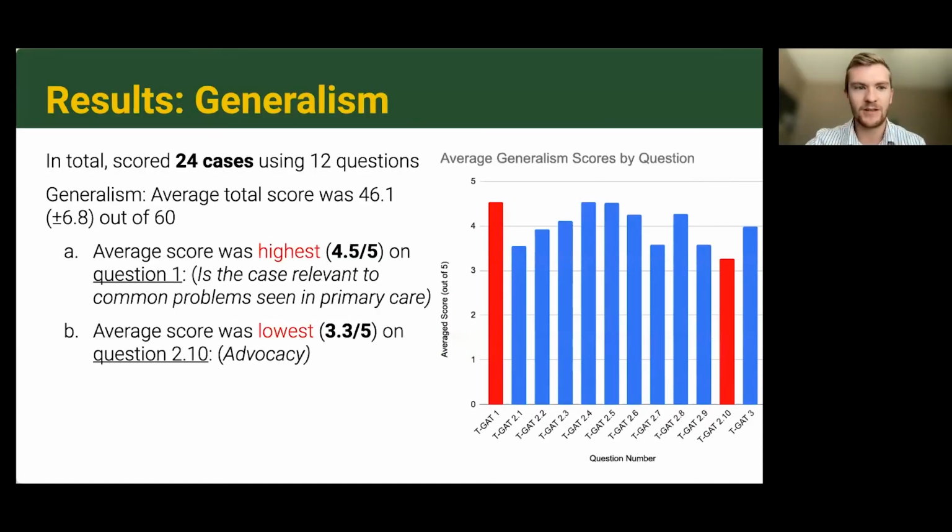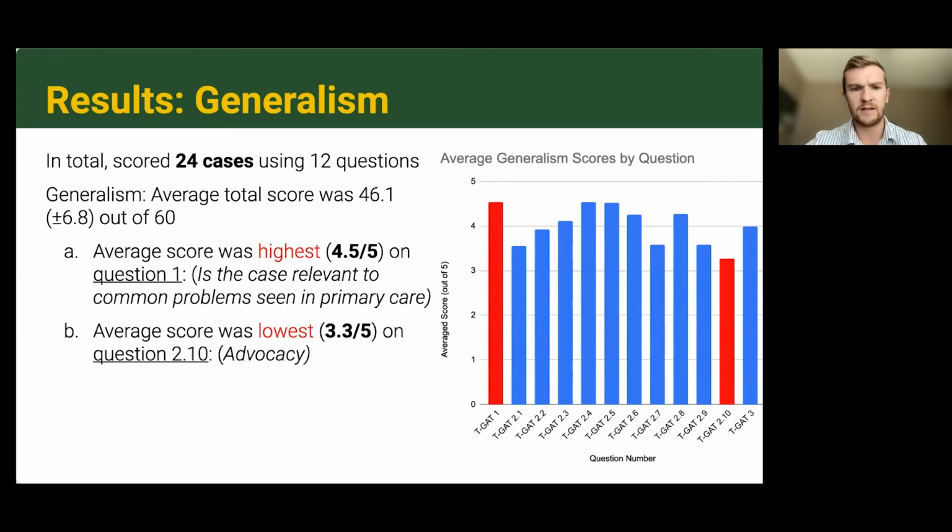Thanks very much, Kuda. I think this ties in nicely to what Dr. Willis was saying about how scientists need data to have their EDI changes made. We wanted to compile the results that we had into a number of graphs and charts. First of all, we scored a total of 24 cases. There were 12 generalism questions. By summing all of the scores out of 5, the average case got a score of 46 out of 60,